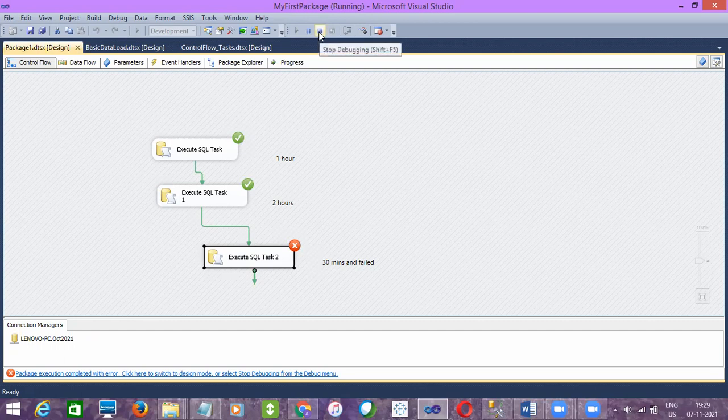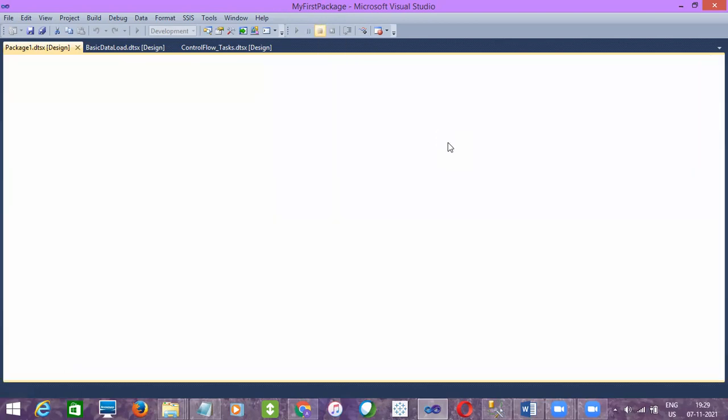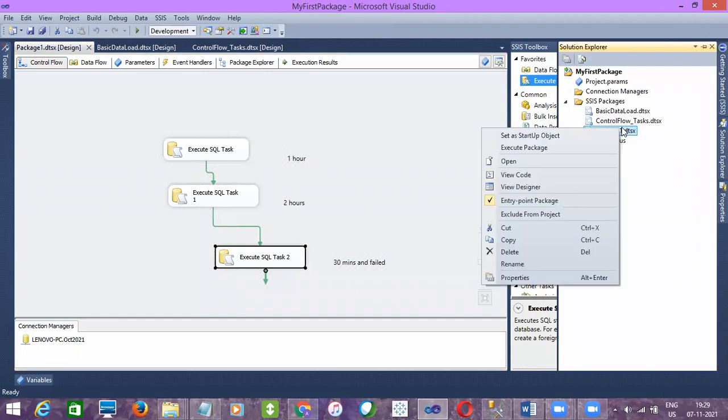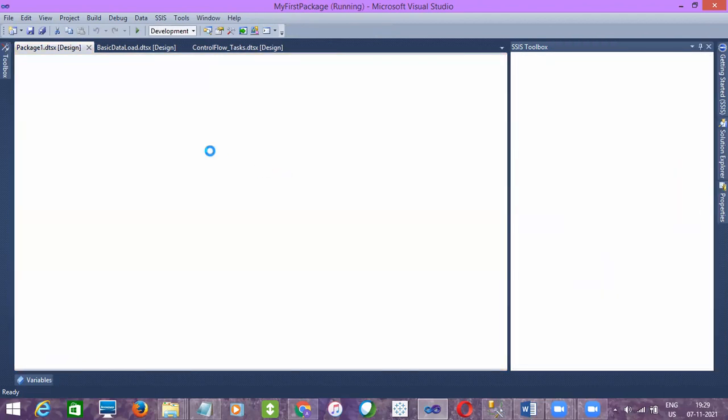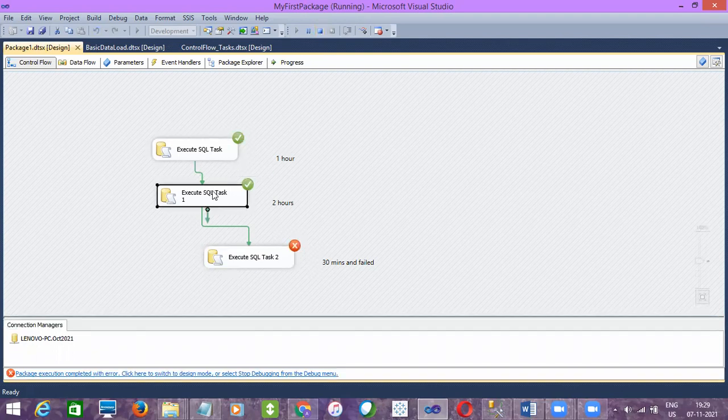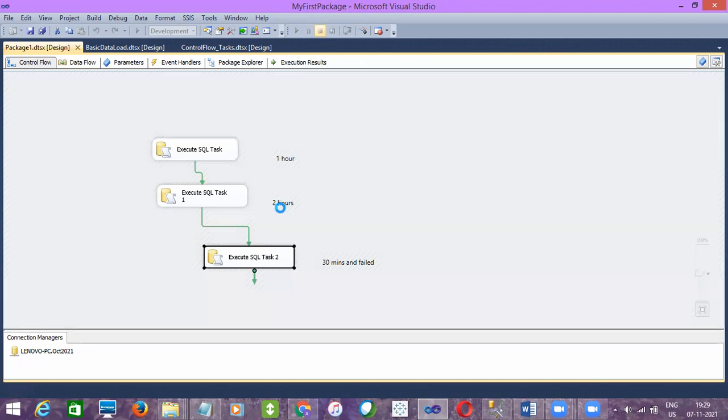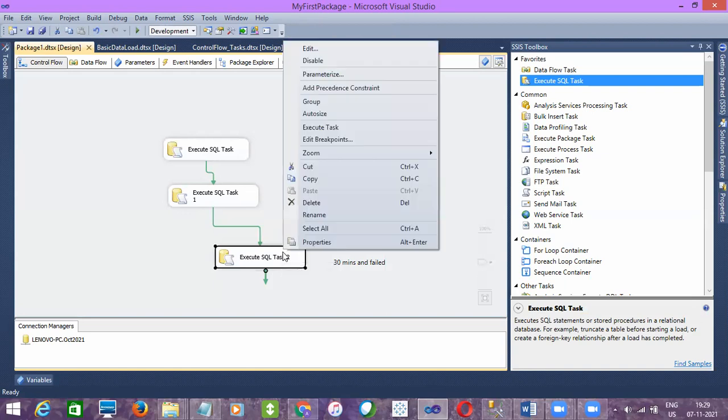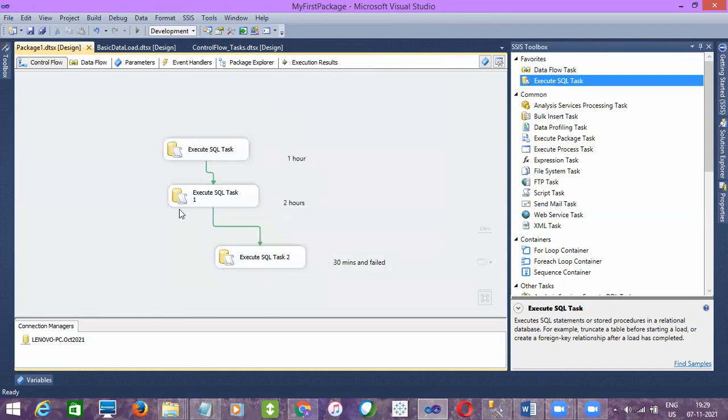If you try to restart, if you execute again, the package will start from the first step again. You need to wait 3 more hours to get to this task. If you are running manually, you can directly say, since it failed, run only this task. If you're running through a job and don't have access to run the package manually, you have to wait another 3.5 hours for the third task to complete.